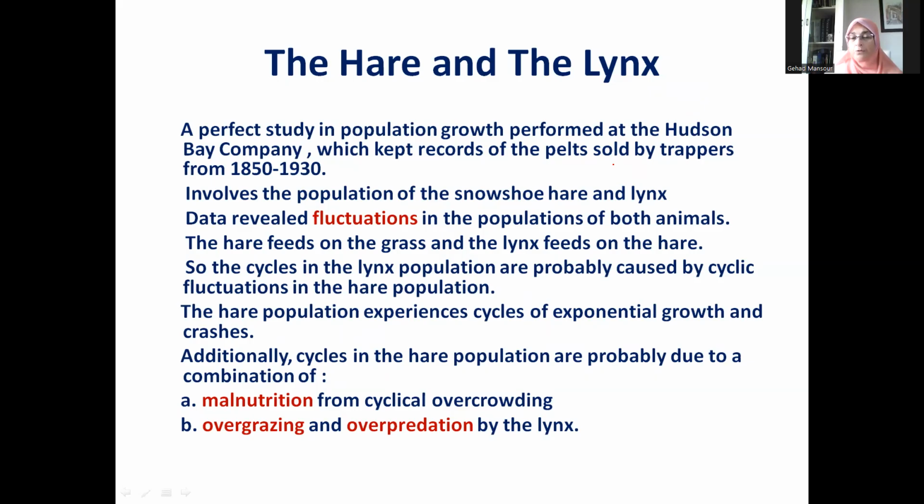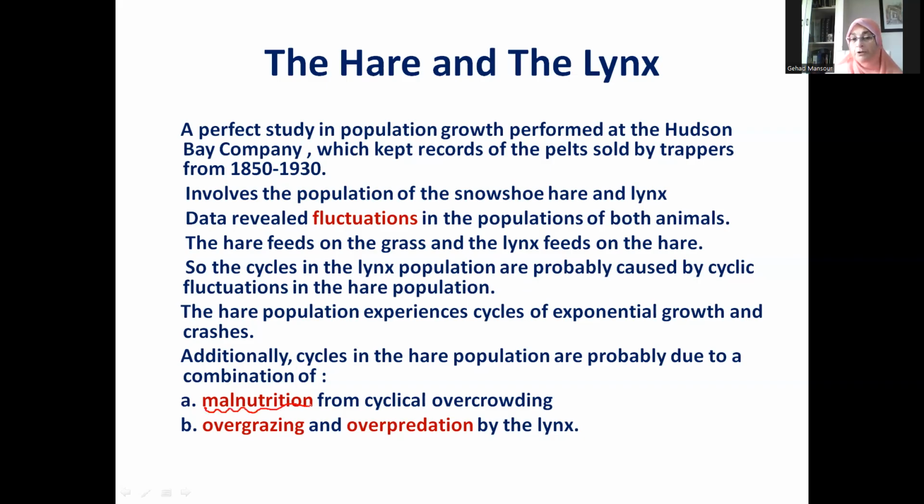So when the lynx eats a lot of hare, then the number will diminish, and the number of lynx will diminish accordingly. But there are other factors that might affect this, other than the hare being predated by the lynx. For example, there might be overcrowding of the hare, so there would be competition for food,